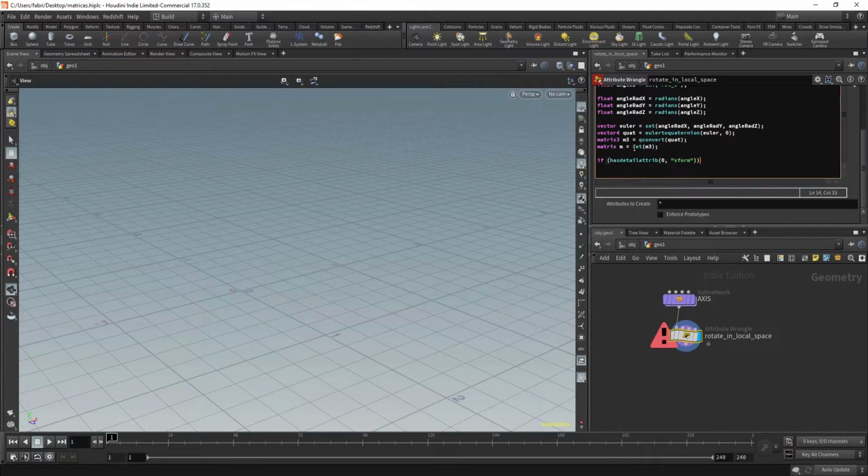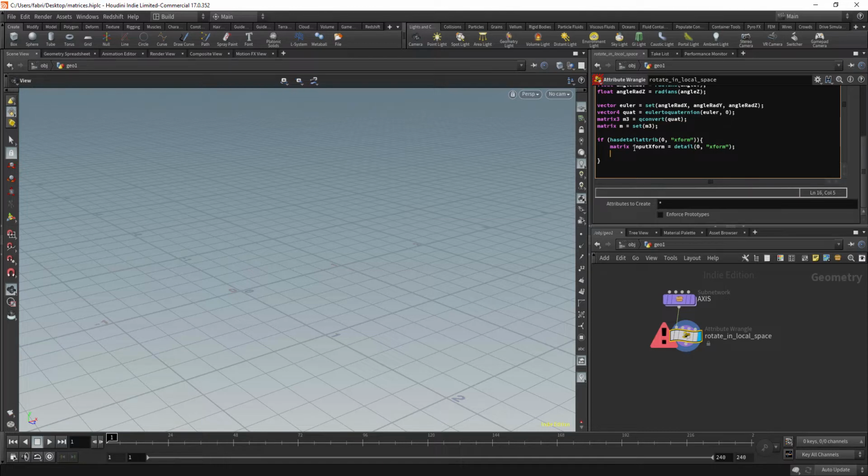So if it has that, then we are going to invert that before applying the multiplication. So matrix input Xform will be the detail attribute of the input geometry and the Xform